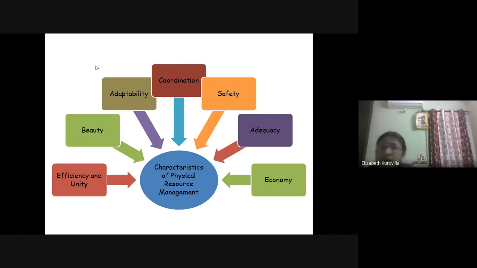economical way of using. So what does each term denote? Adequacy denotes that a school must possess adequately all the facilities necessary for running a primary school, or if it is a secondary school or senior secondary or university level institution. So at each level, what is the adequate number of resources needed? The head has to know that. So here, adequacy is an important thing.